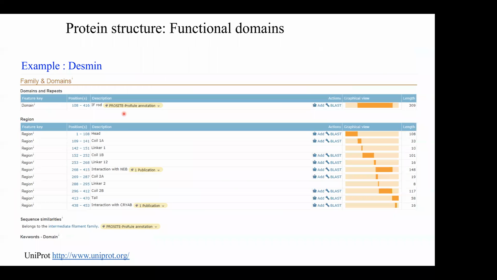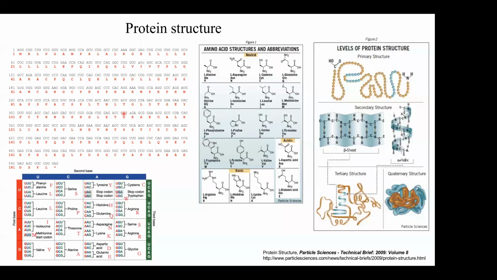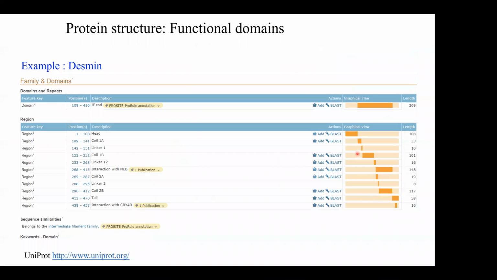If you want to learn more about the regions, if you take a protein, you know there are some domains. They will call this the protein binding domain, this the domain outside the cell, this the domain binding with another protein. If you want to know what the domains are, what the functional or non-functional regions present in your protein are, you can go to this database, UniProt.